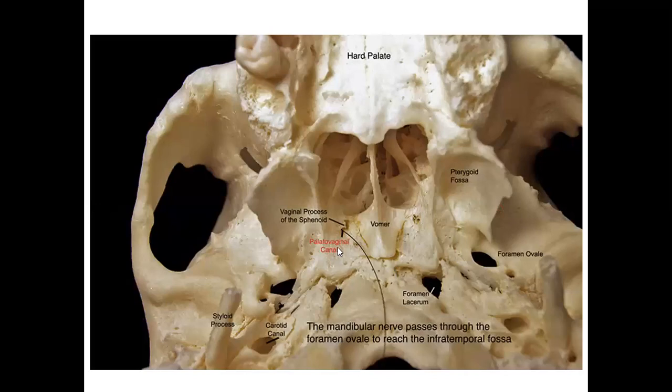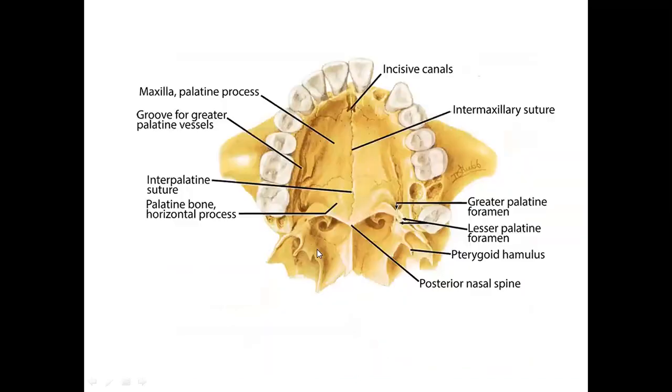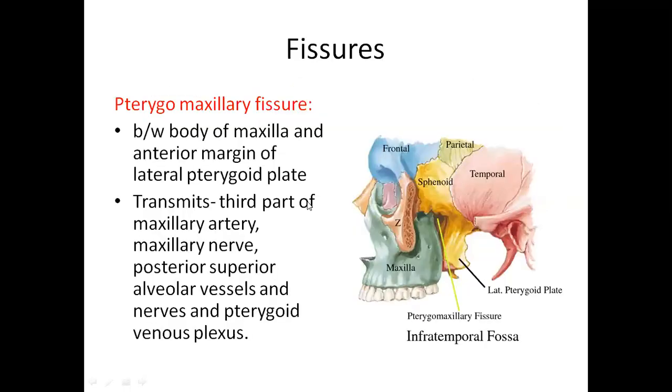Now see, this is our hard palate, this is the vomer bone, this is one nasal cavity, this is one more nasal cavity. These are our pterygoid plates. Deeper inside you are finding the palatovaginal canal. Of course 100% I understand this is very difficult even if the skull bone is there in your hand. So do not worry much. We will not ask you minute details, but still you should have complete knowledge. That's the reason we tell you everything.